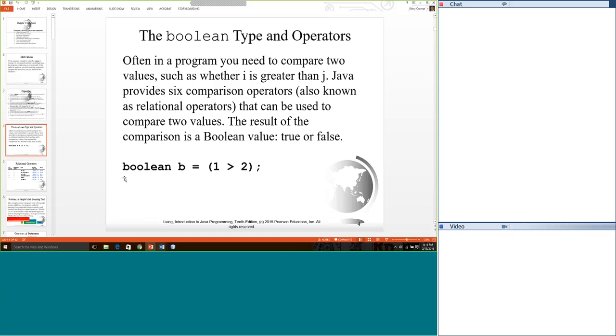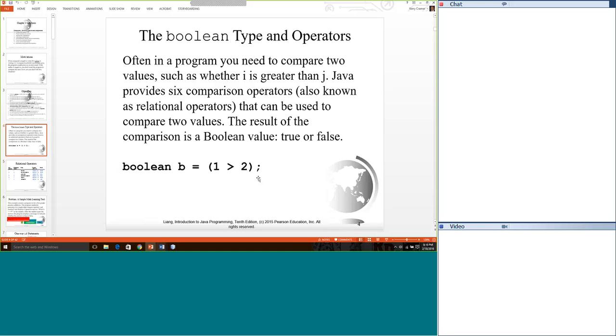This is a Java statement right here, and it says we're going to declare a variable called b. It's going to be of the type boolean. Now, we've declared variables before of the type int, double, char, short, byte. Now we're going to introduce the type boolean. And this variable b is going to be assigned the result of this expression.